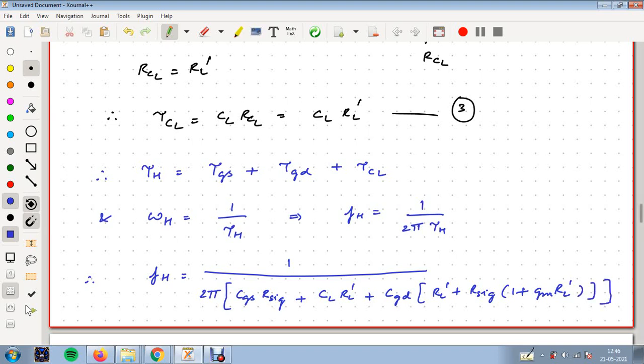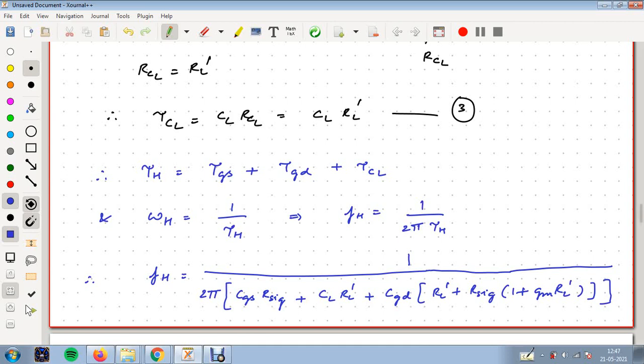Okay, this is a huge equation which you get. This is all theory, of course. When you get problems, don't try to memorize this equation. You of course will not remember it. It's very tough to memorize, but it's rather simple. You remember how to derive this equation. If you know how to derive it, you follow the same steps for your problems also. But instead of having CL, RL prime, CGD or R signal, you will have values. When you have values, all you have to do is substitute those values and you will straight away get FH.